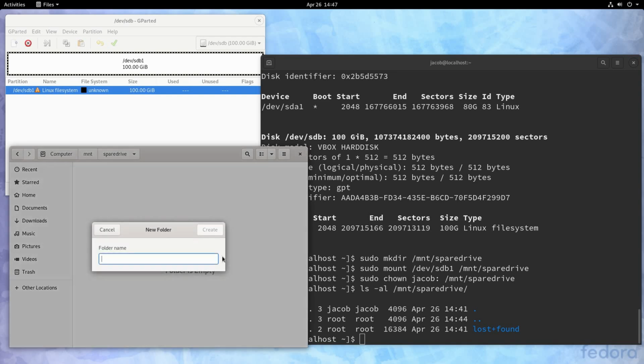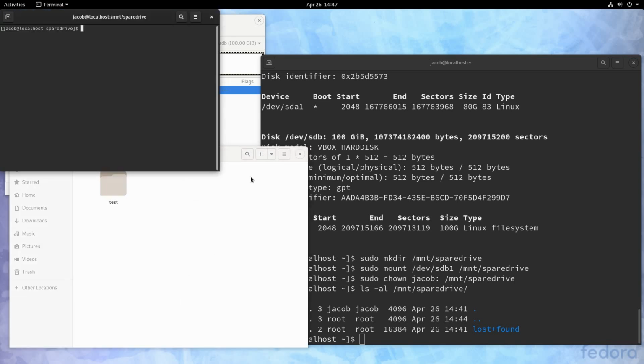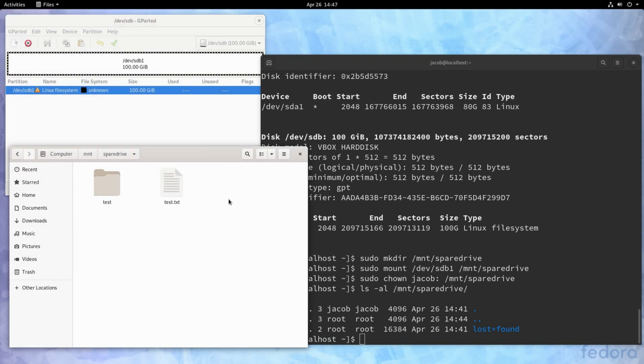And so we can also create a new folder just to demonstrate that we are able to write here. I'm also just going to really quickly make a text file, once again, just to demonstrate that we can store data on this partition. All right, so we've got this partition. Now, right now, if I were to reboot this computer, this partition would not be mounted, and this folder would be empty because the partition's not mounted. The spare drive directory, even though it's a mount point, if the partition isn't mounted, the system will actually still let me navigate in here, but I would be physically working on my OS drive and not the extra drive.